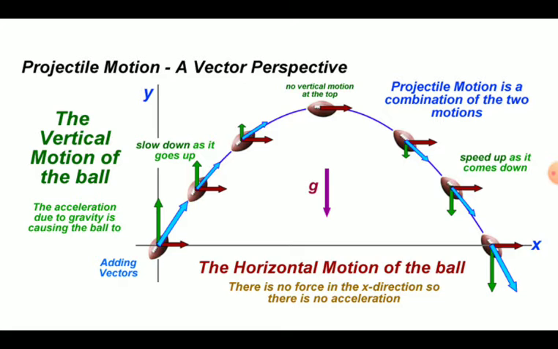Okay, so there are some assumptions which we will use during our understanding of projectile motion. There are two important assumptions. The first assumption is that we will ignore the air resistance, and the second assumption is that the motion we are trying to understand is near the surface of earth, such that the value of small g, that is acceleration due to gravity, will remain constant.